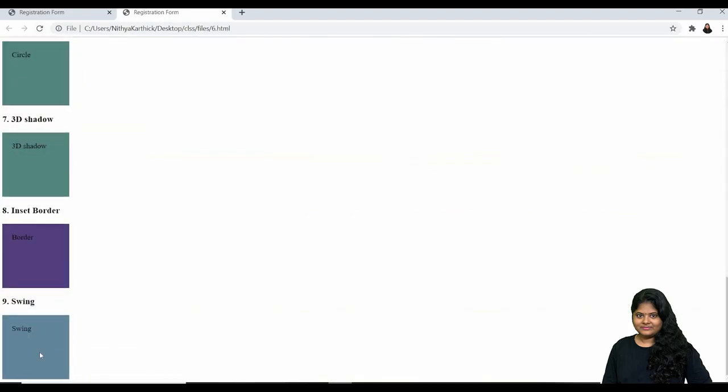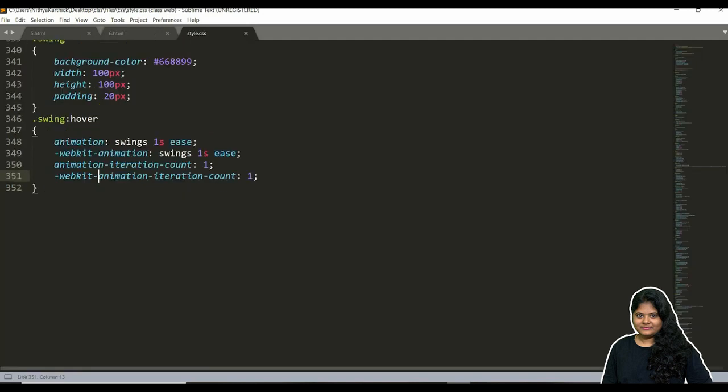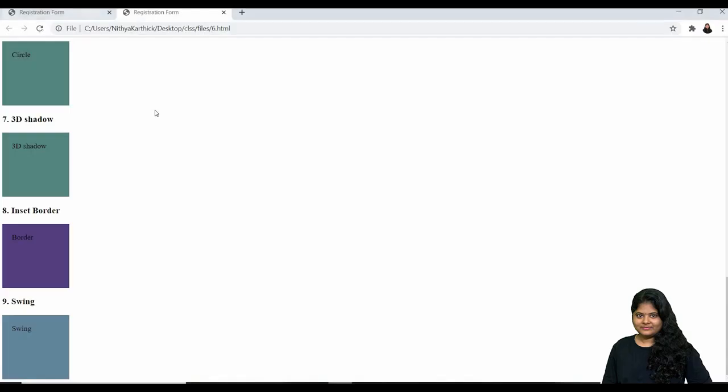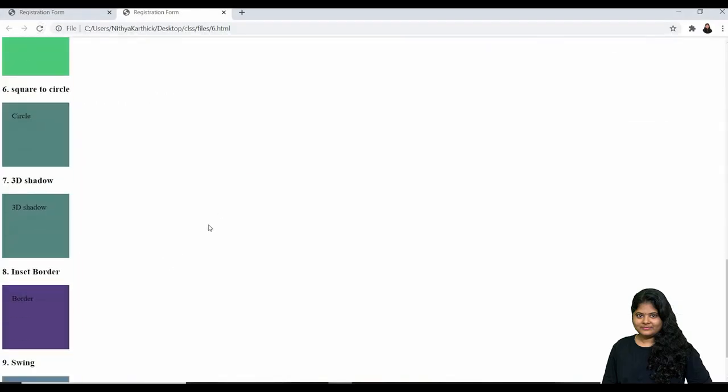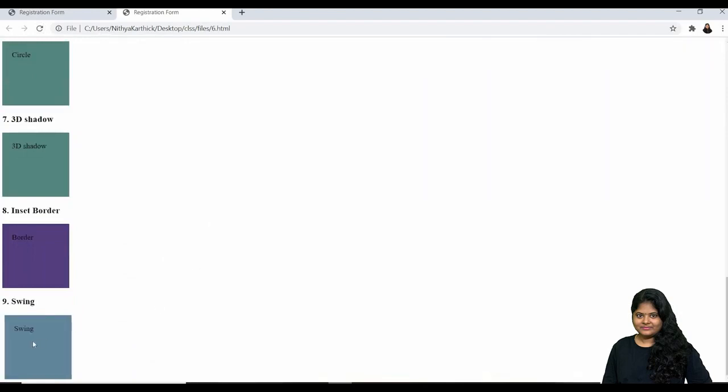So here, yes, you can notice the swing action. If I give this ease as 3 seconds, it will go very slowly. You can see now. Just mouse over.